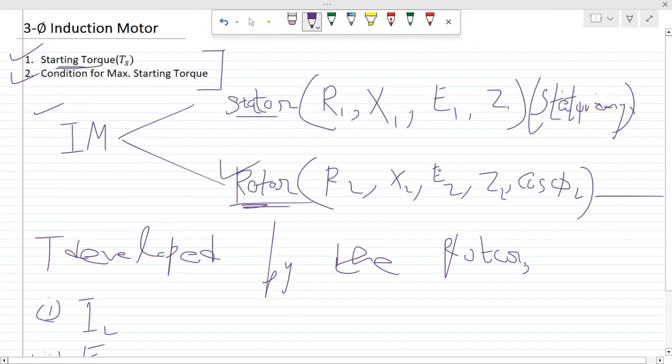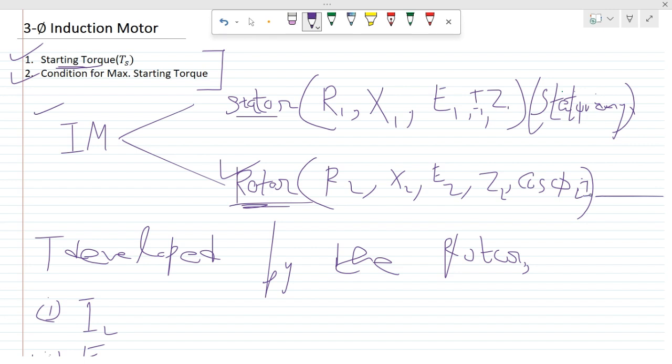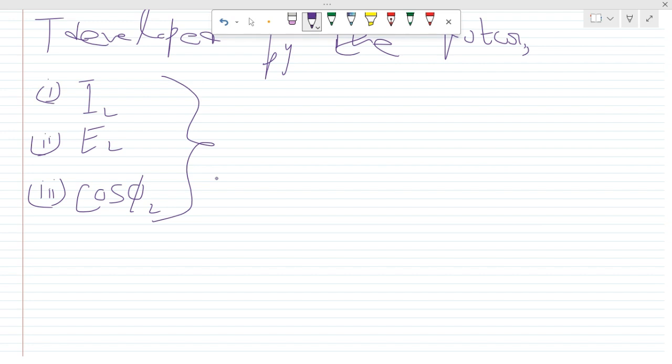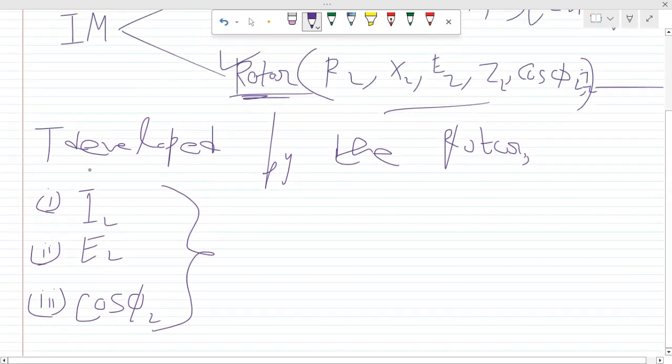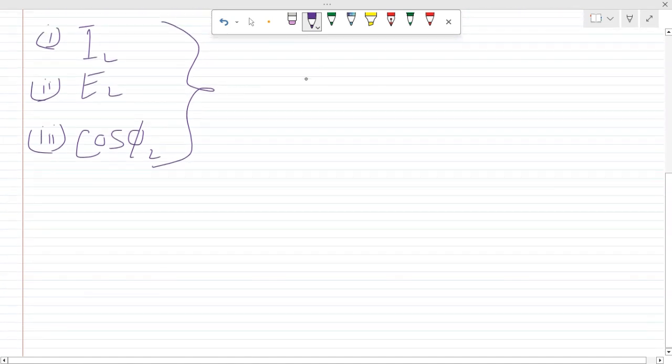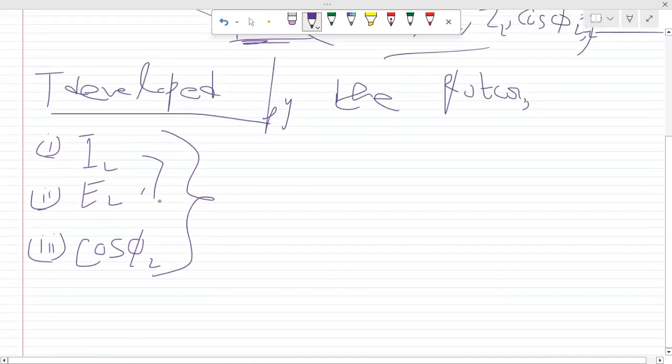These are the three parameters. The torque developed by the rotor is proportional to them, so we can write by seeing these three parameters